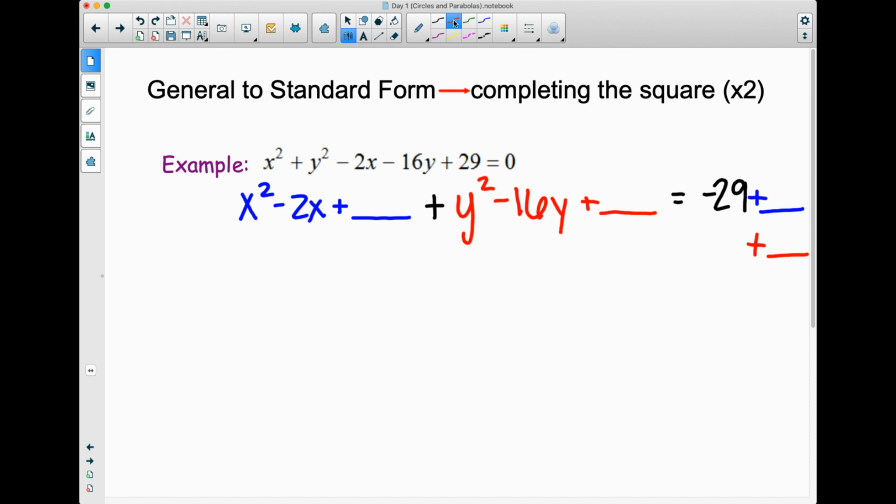So now I automatically have put that plus sign there. Before I just put a blank because I didn't know if it was going to be positive or negative. Now that we're working on both sides of the equal sign, that's going to be positive. So we complete the square twice. Negative 2 divided by 2 is negative 1. Negative 1 squared is 1. Negative 16 divided by 2 is negative 8. Negative 8 squared is,